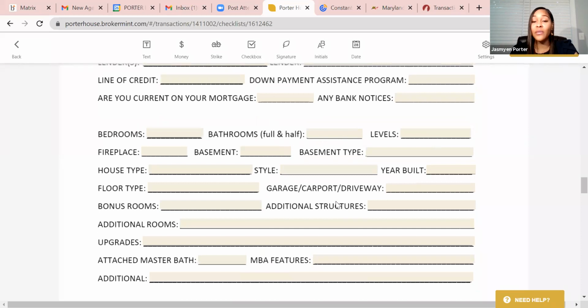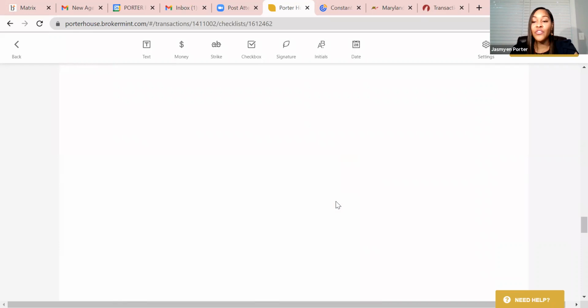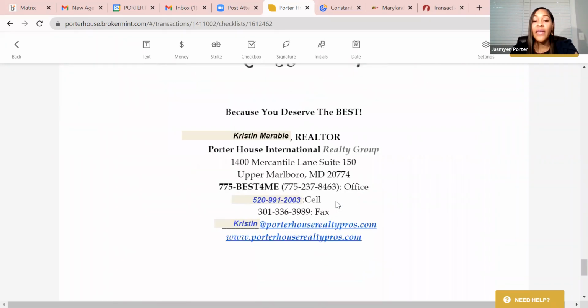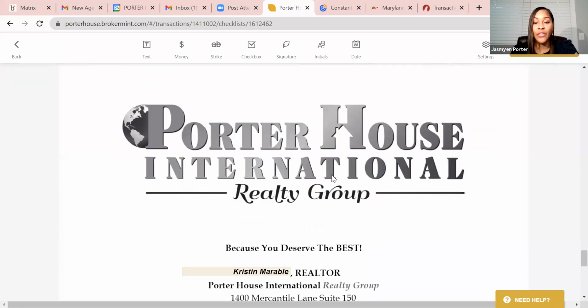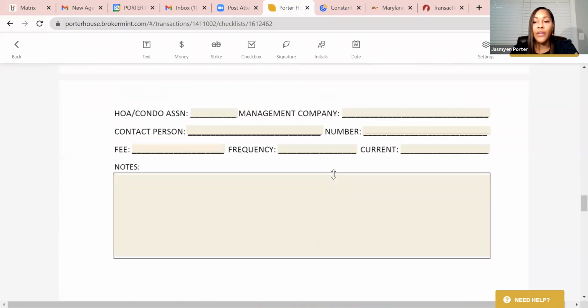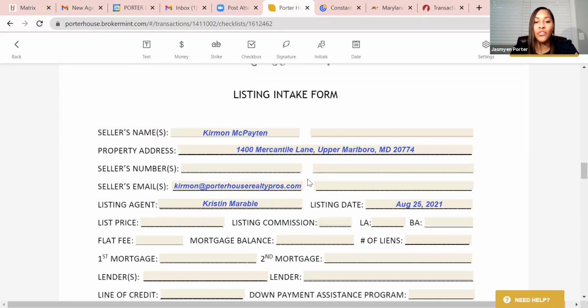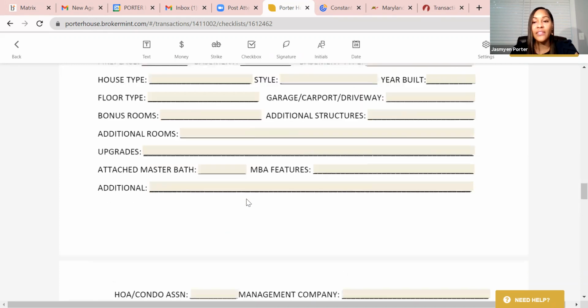If it's not applicable, simply put not applicable. But that's what this information is. This is your pre-listing. So you're getting this information from your seller in advance. And as you can see, the information that we typed into the details section has already auto-populated in, okay? So it's already filling some of that information in for you: your seller's information, the property address, the agent's information, the listing date, and anything else that you fill in there,